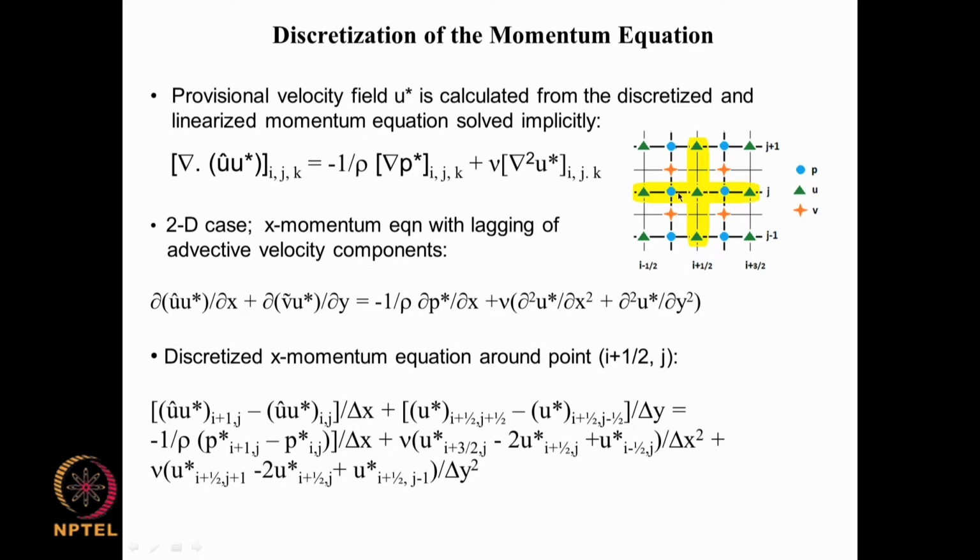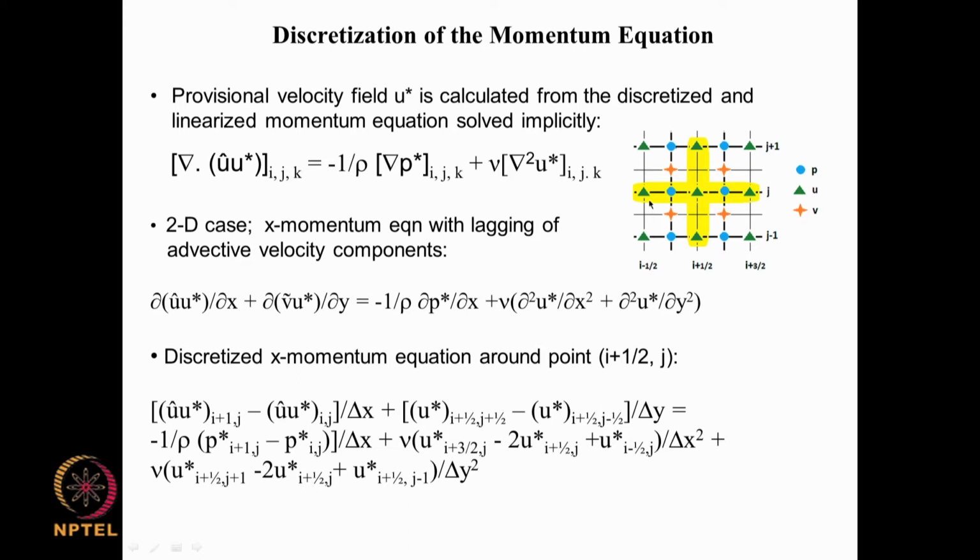Here it is ij and here it is i minus 1 j, i j plus 1 and so on. Velocity, the u velocity component, is evaluated at half grid distance displaced in the x direction, which is these green triangles, and that is evaluated therefore at i plus half j, and i plus 3 by 2 j, and i minus half j,